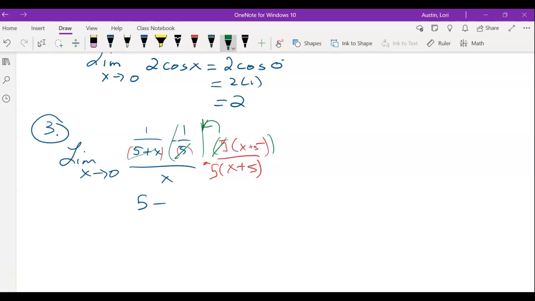The 5's cancel. What am I left with? Yep. Be careful with the sign. Notice the use of parentheses. The numerator gets a little messy. It's actually 5 times x, right? Oops, I don't need a parenthesis there. It's 5x times